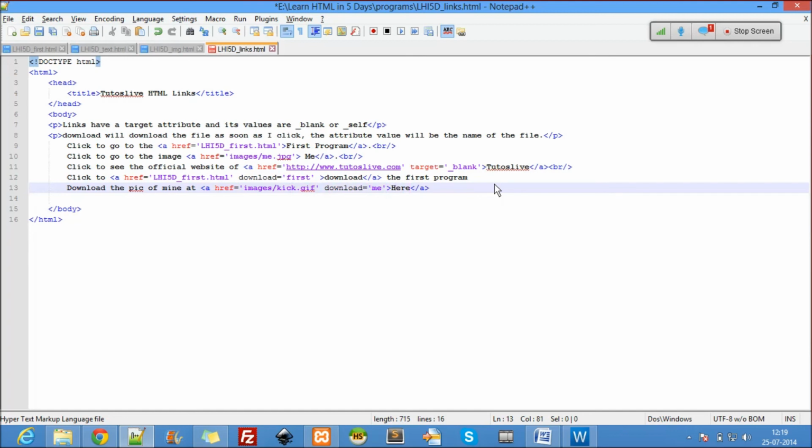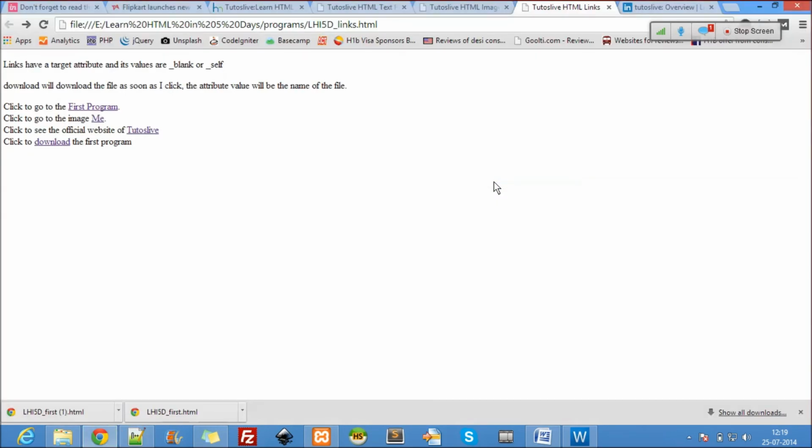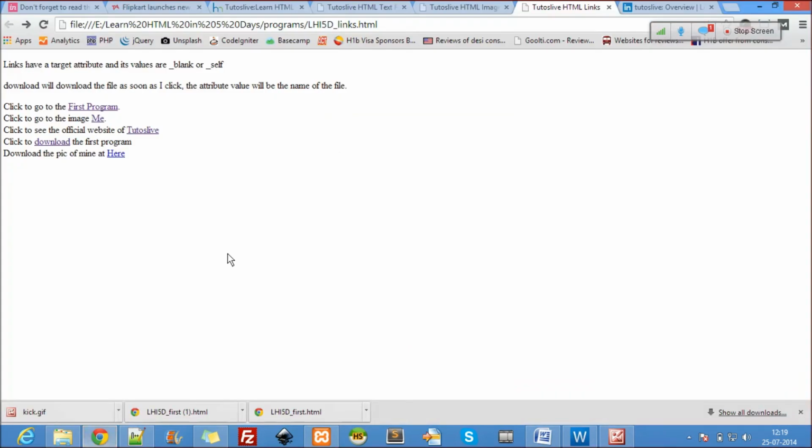Here you can download images too, so I'll show you. I'll refresh. Okay, click here, I open this, it has been downloaded, and this is the image. Yeah, so that's about the image links.